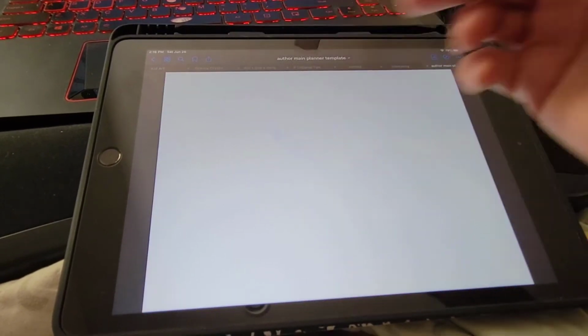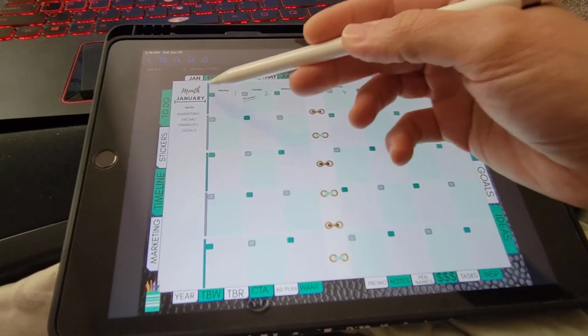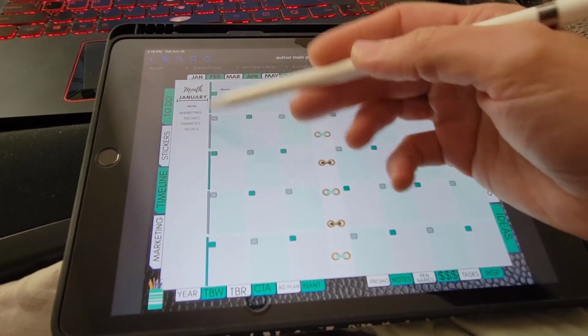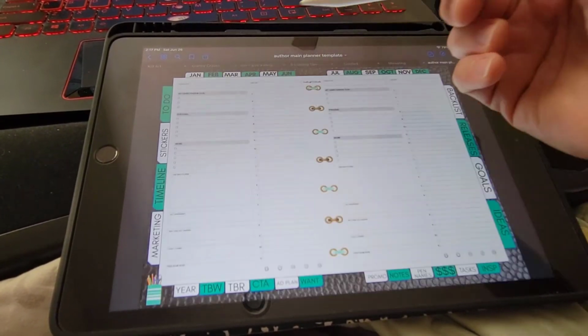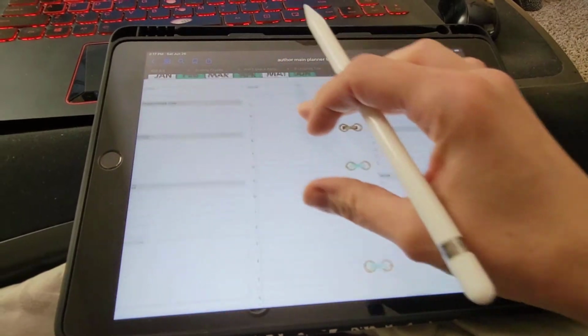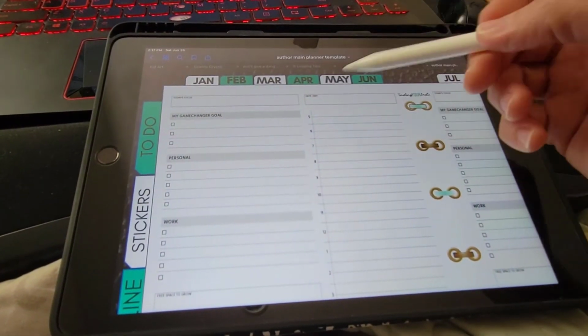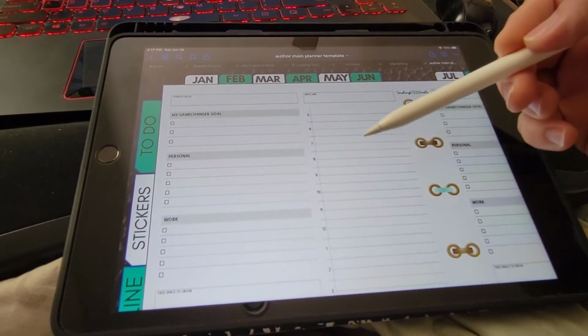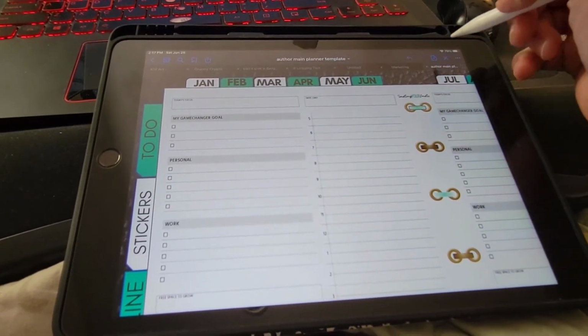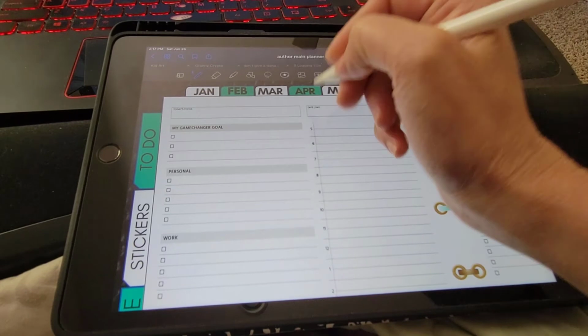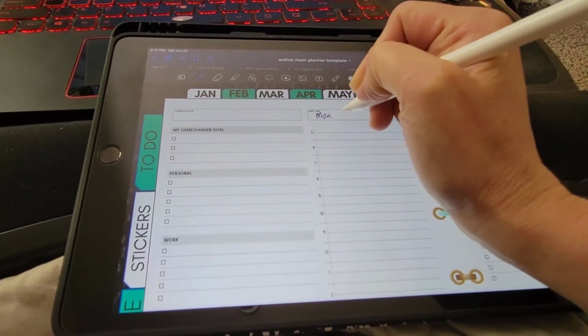Okay, so let's go back to January. So all of these weeks are hyperlinked at the very beginning. Then you can go into your personal individual days. So let's say we go to Monday. Then we have the actual daily setup of that day. So if you are a daily person who needs a daily planner, they're all hyperlinked. So I would put like Monday. Let me see if I've got. So let's say Monday